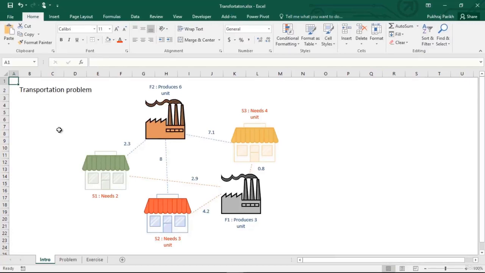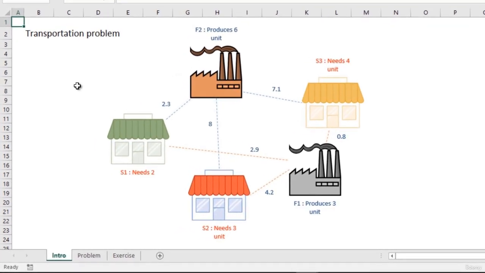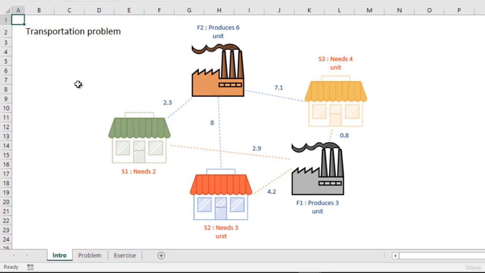Hey everyone, in this video we will solve a transportation problem. A transportation problem is a common optimization problem where we have one set of suppliers and one set of destinations where there is demand of a particular commodity. Now the problem is that there is different cost of transportation per unit on different routes. So transferring one unit from this factory to this shop costs 2.9 units of money, and our agenda is to